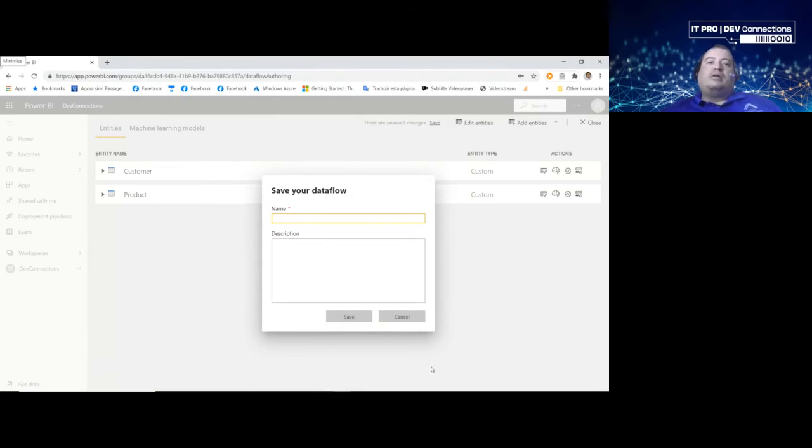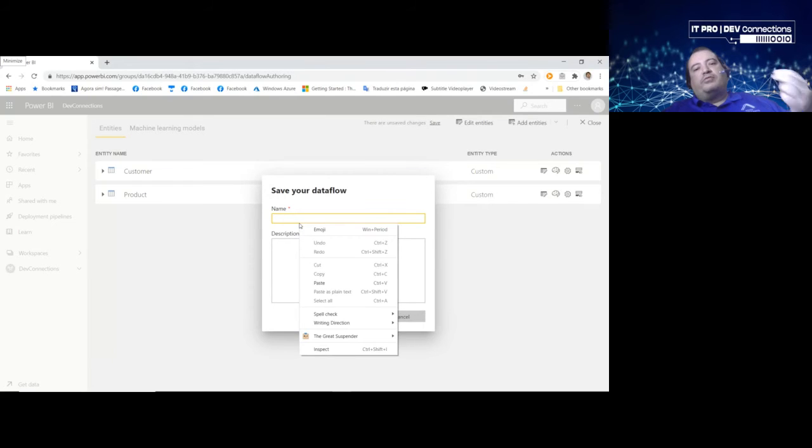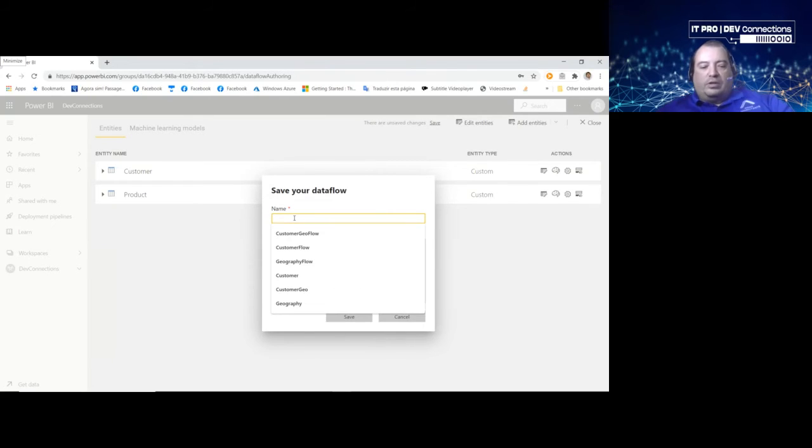So I have my first data flow. The data flow contains the entities customer and product. And I need to give a name for the data flow. Let's give the name customer flow. This data flow will be called customer flow. I'll click save,